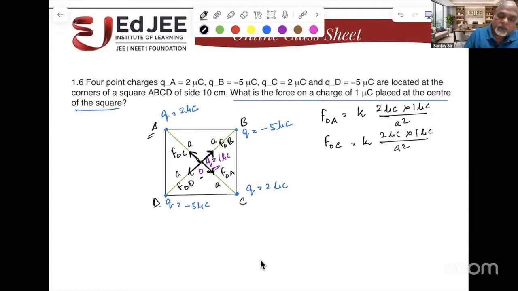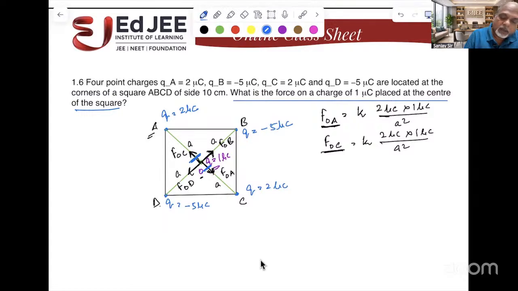But the direction of OA is the direction of OA and OC. These two forces are opposite, so this force will cancel with this force. Likewise, if you see